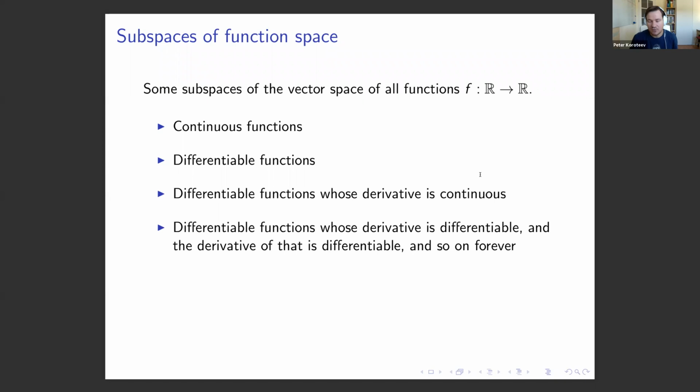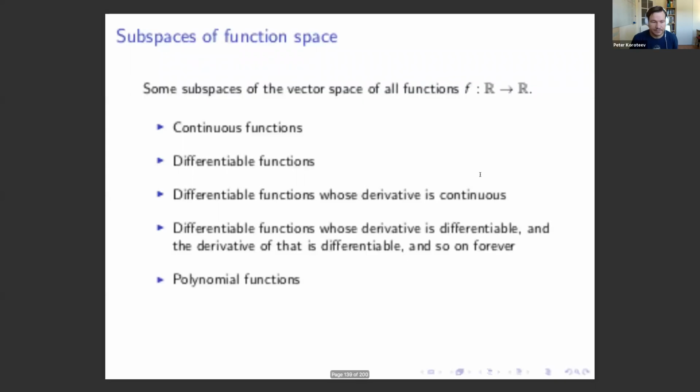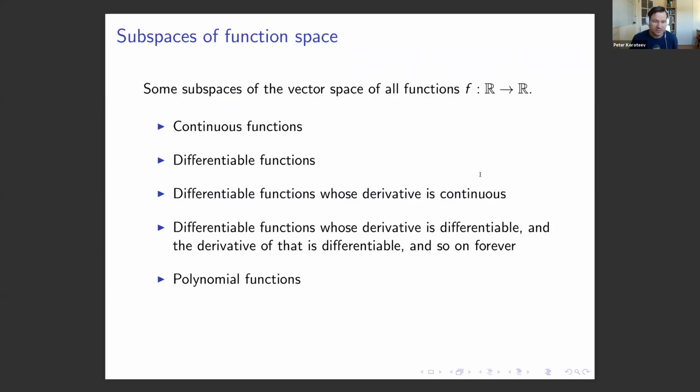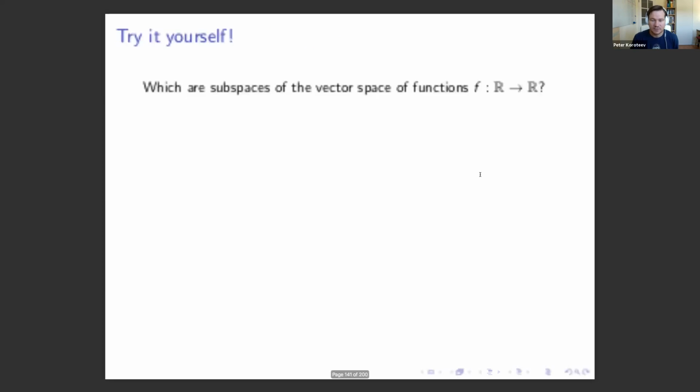And yeah, all the way to C infinity. Polynomial functions, right? So when you add polynomials, you get a polynomial. Zero is a polynomial, and so on. Polynomial functions of degree at most n, right? So when you add polynomials, the degree cannot increase, or when you multiply by a scalar. Okay, so which of these are subspaces of the vector space of functions